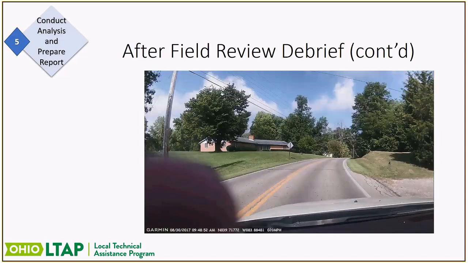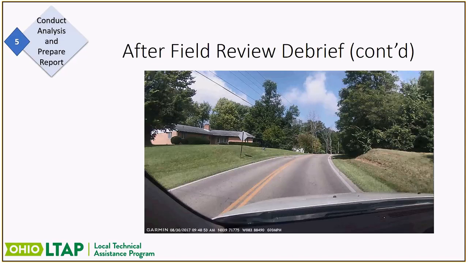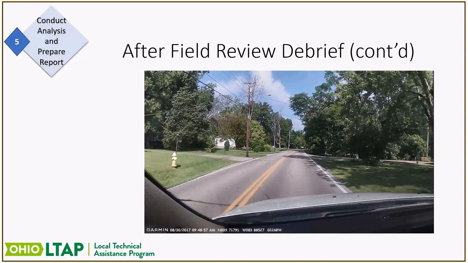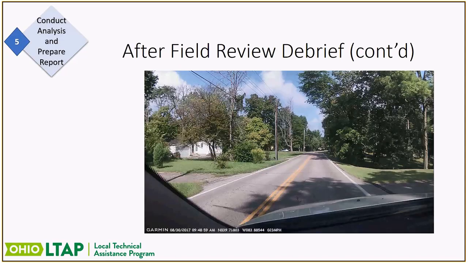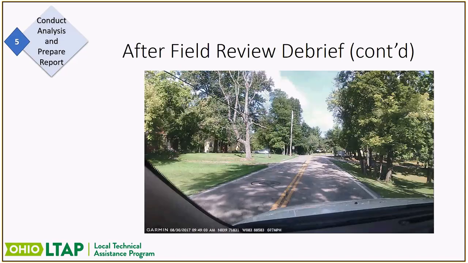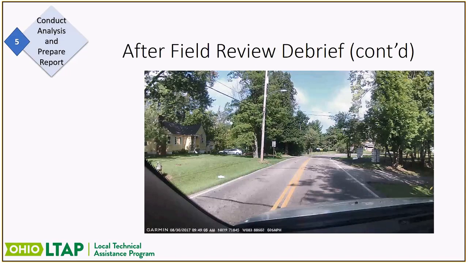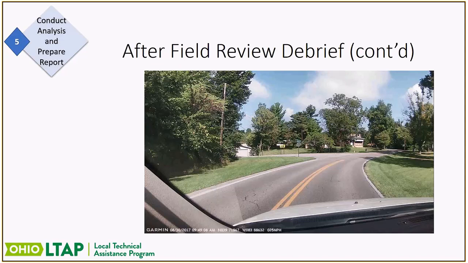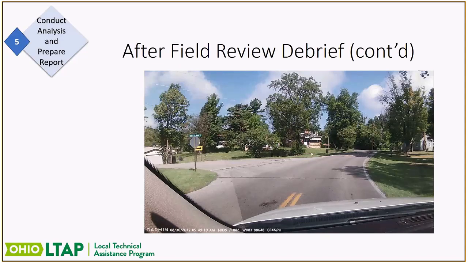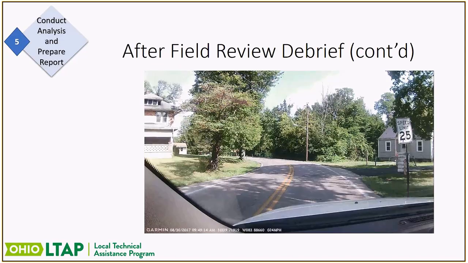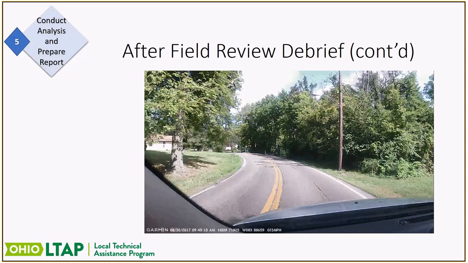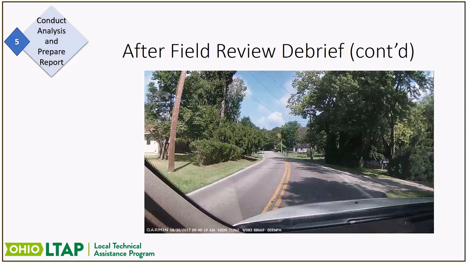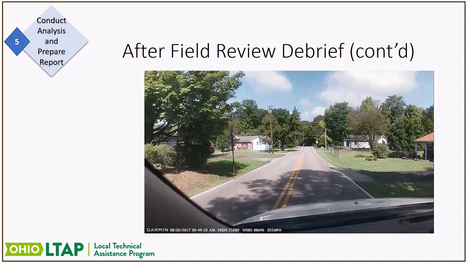There's a small little residential area here that we're driving through, and again, you're taking in the features of the roadway and looking to see how severe the drop-offs are. There was a sign just there to the right, but you didn't really see it till you came up on it because it was covered by the trees. So maybe there's some clearance of brush that needs to go on there. And then as you're moving through the roadway here, we're going to go out of the lower speed area and move more into an actual rural speed area.